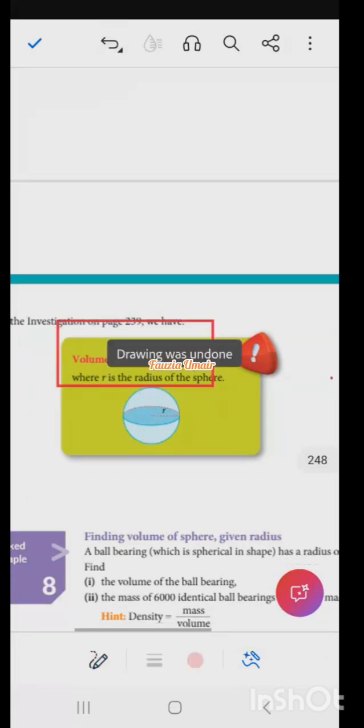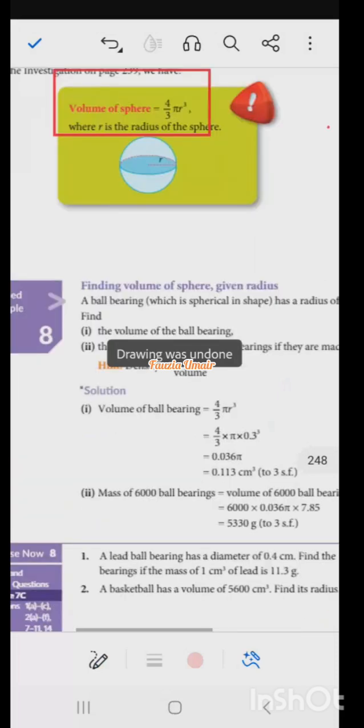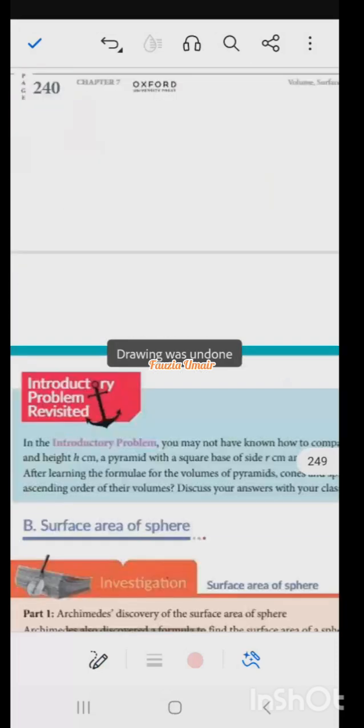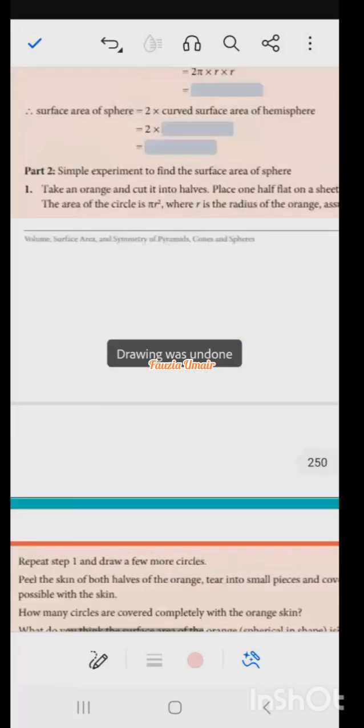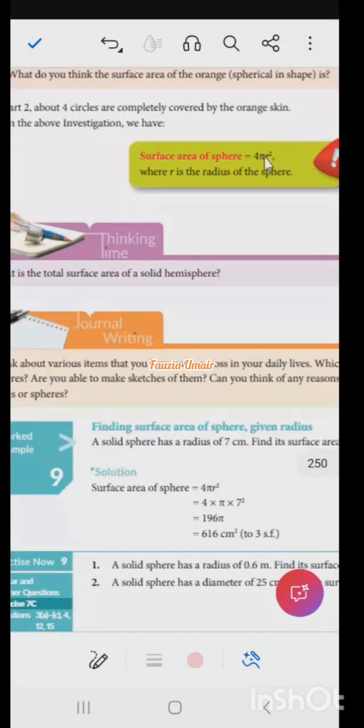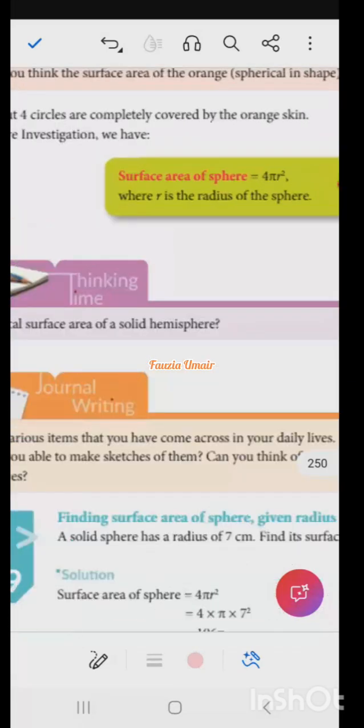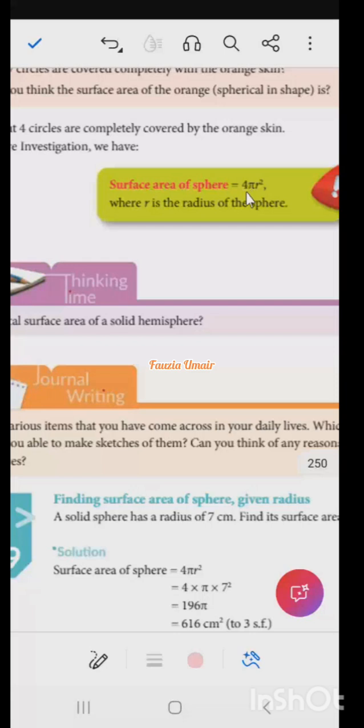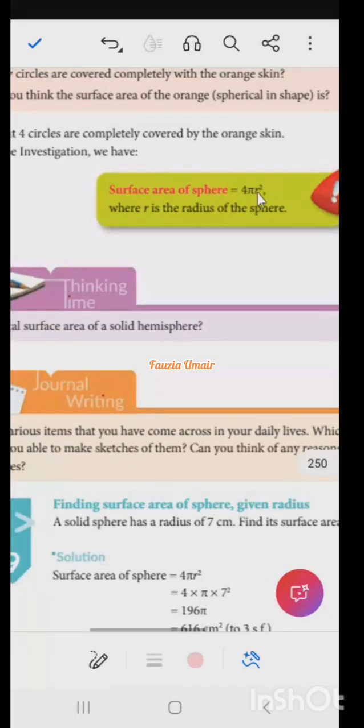So the trick comes when we talk about surface area. Okay, so the formula of surface area is 4 pi r square. This is the surface area of sphere, 4 pi r square. It means that to cover up a sphere, we need 4 circles, because we know pi r square is the area of one circle. Okay, so we need 4 circles to fully cover the sphere. Okay, so now if it is a hemisphere,